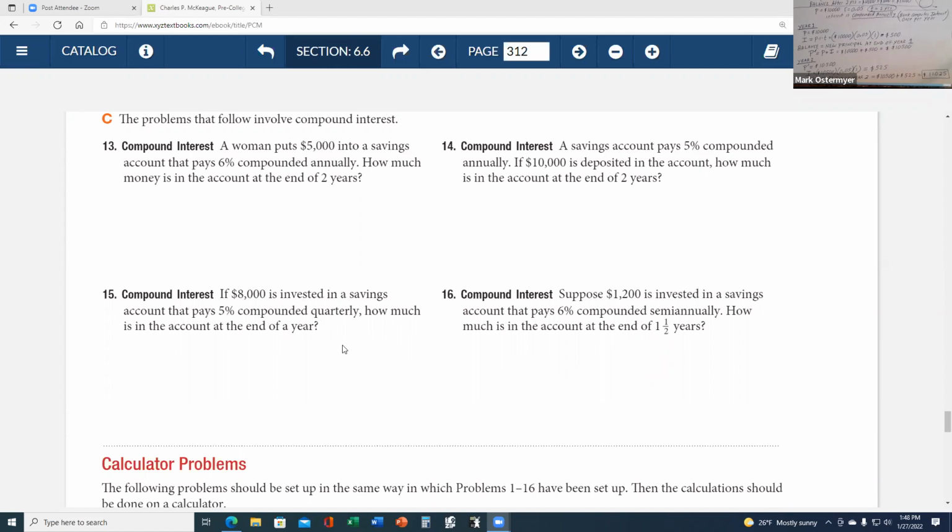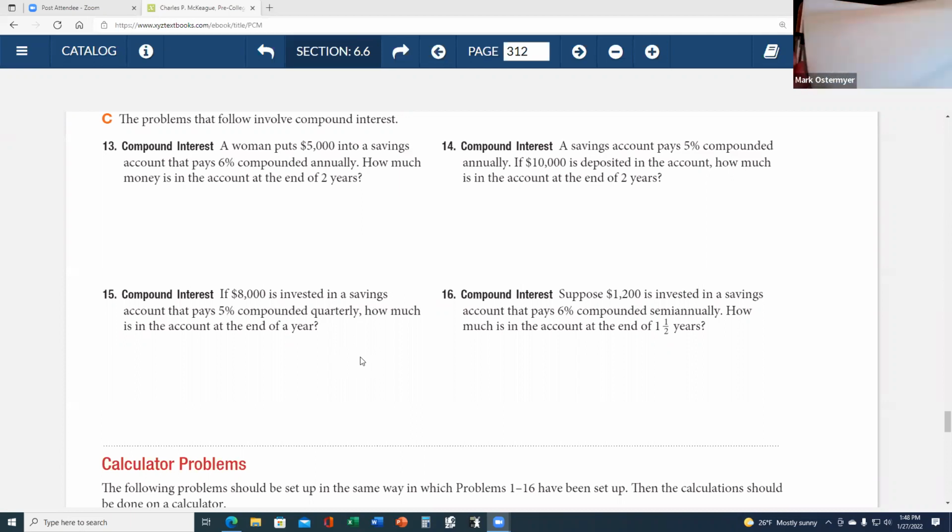I can try another compound interest problem with you, ladies and gentlemen. Number 15 says, if $8,000 is invested in a savings account that pays 5% compounded quarterly interest, how much is in the account at the end of the year? Well,